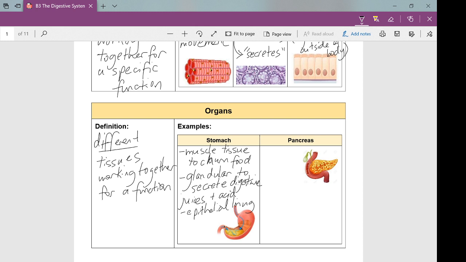But the main thing with the pancreas is that it secretes both hormones and it also secretes enzymes. So it actually has two types of glandular tissue. So type 1, we'll say,